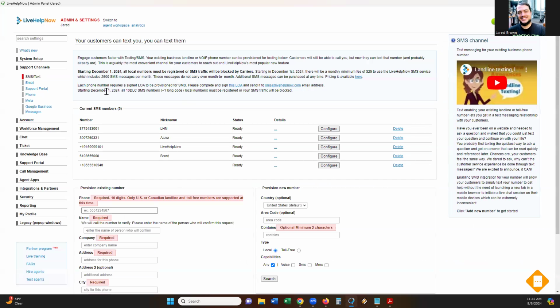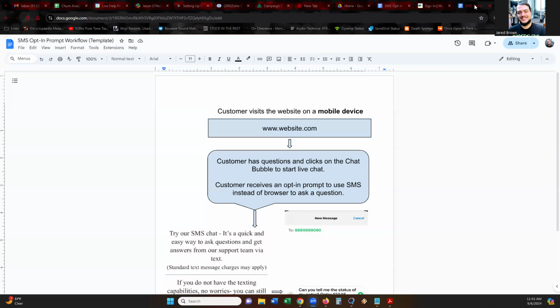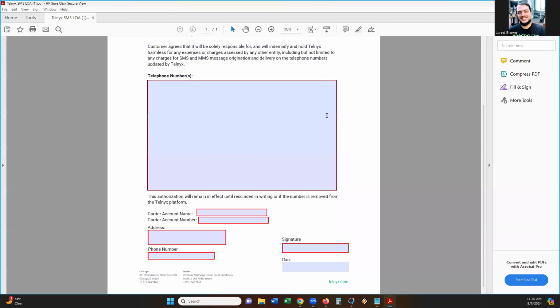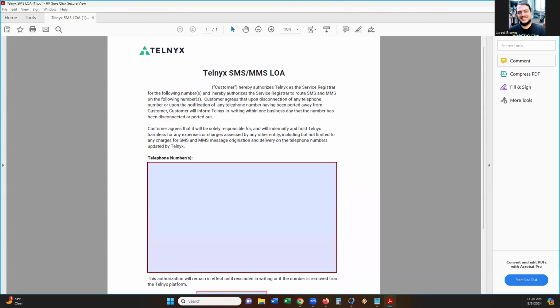Once you've done that, there is a letter of authorization that needs to be signed. You'll need to complete the LOA form, which is right here, and email that to SMS at LiveHelpNow. And here's what that will look like. This is the LOA form that you'll fill out. You'll send that over to us. Once we receive that,